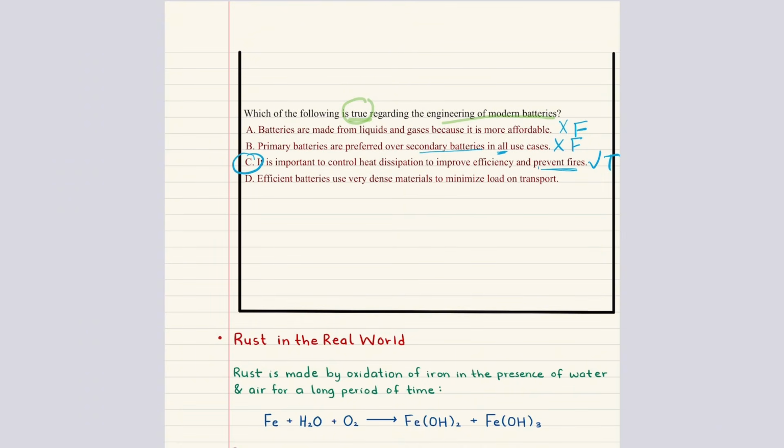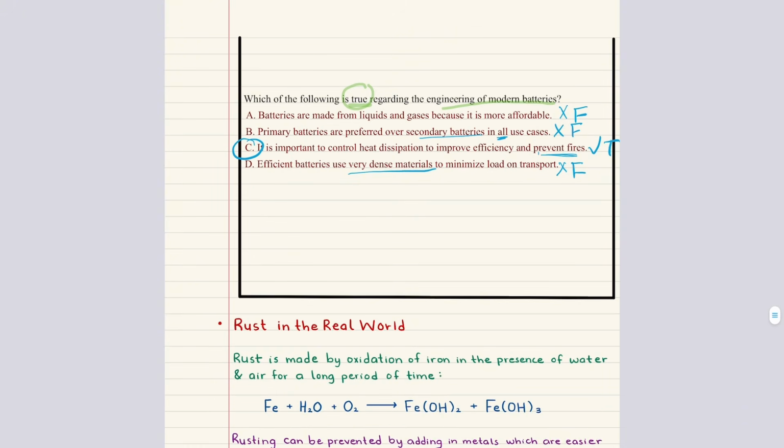D says, we're still going to read D, it suggests that efficient batteries use very dense materials to reduce transport weight, which is the opposite of what is true. Lighter, low density materials like lithium are in fact preferred. So the correct answer here is option C, because stability and safety are directly tied to how effectively heat is